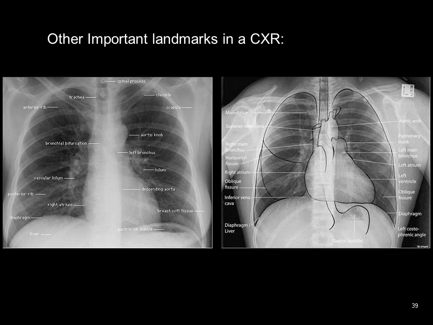We can see the bifurcation here of the trachea, which is known as the carina, the hilum of the lung. So we have the left bronchus here with its hilum. We see part of the descending aorta. This is a female patient, so we also see the soft tissue of the breast,